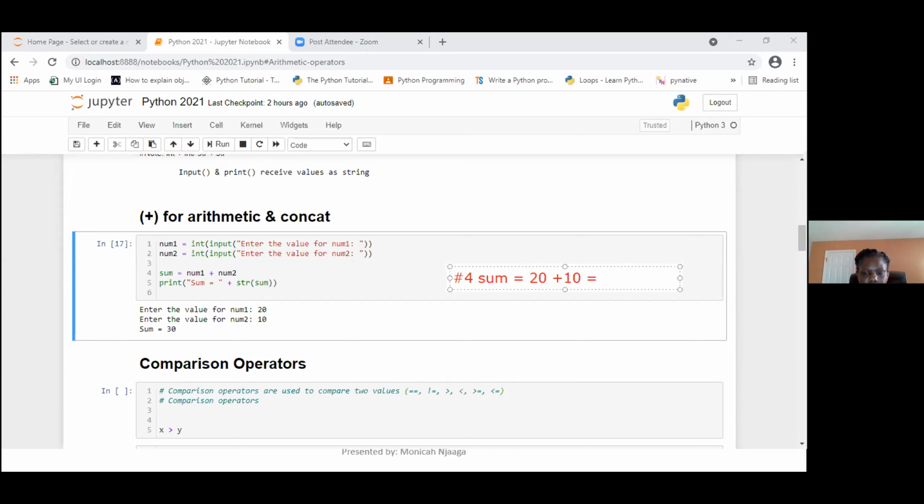Our answer should be 30, okay? Yeah. But there is nothing in number 4 that is telling us to give us an output, correct? Right. To get an output, we have to go and do a print function. So what I'm doing in my print function, remember, anytime that single quote comes, that tells me it is a string, right? Right, okay.